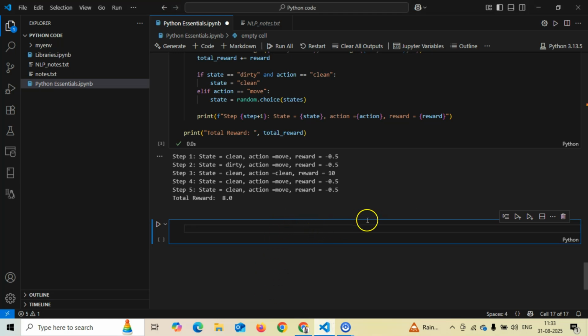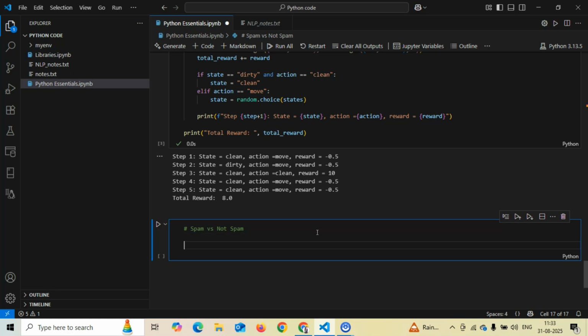So we will be creating a spam versus not spam. Perfect. Starting with the first thing, we need two libraries. First, we need to load the model which we are using, which is the naive Bayes model. Specifically from the naive Bayes, we have multinomial, we have Gaussian. We'll be using the multinomial naive Bayes model. So we need to first extract it, load it as a library. We also need to import the count vectorization, which is basically used to process a data set.